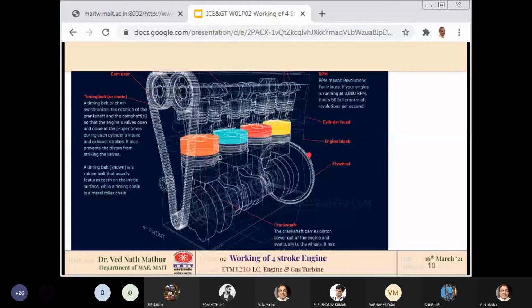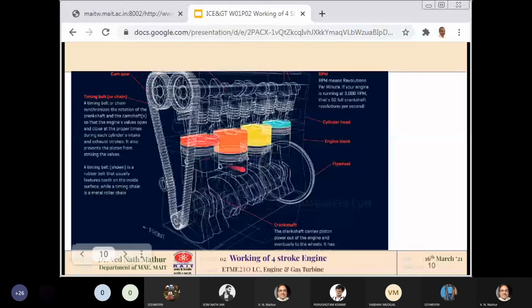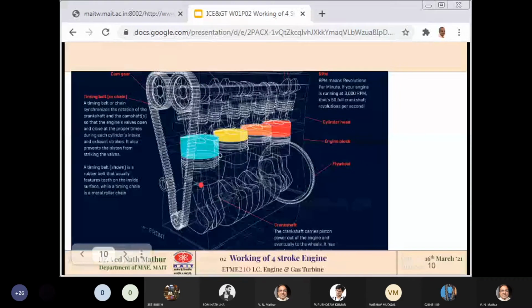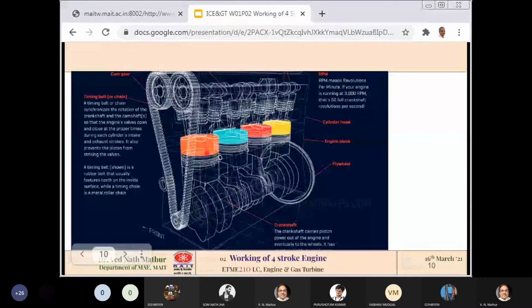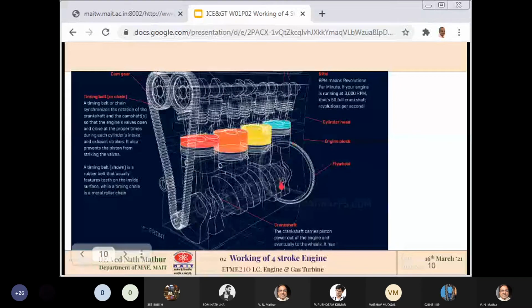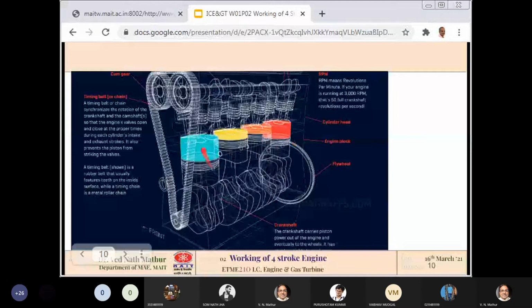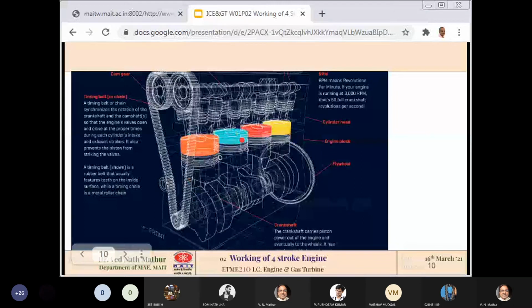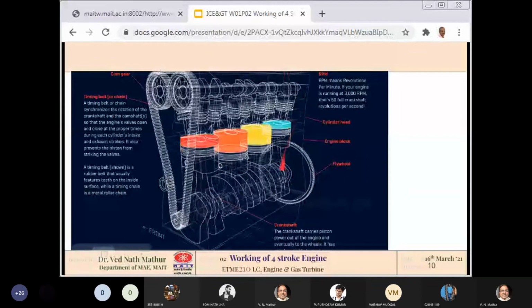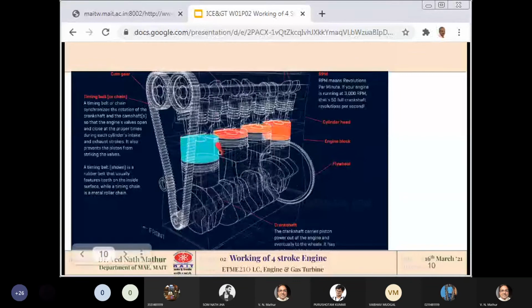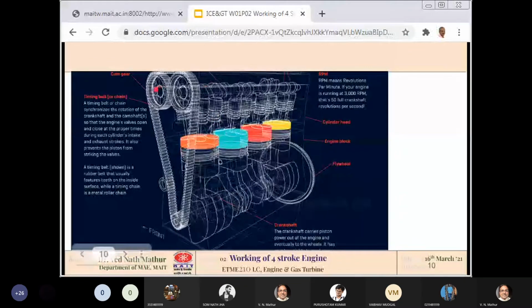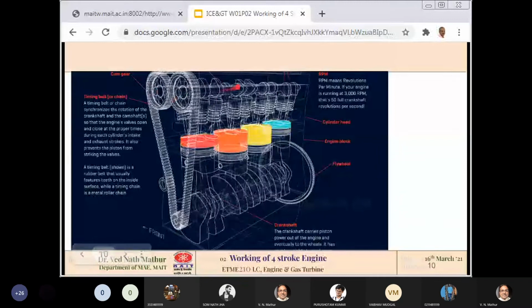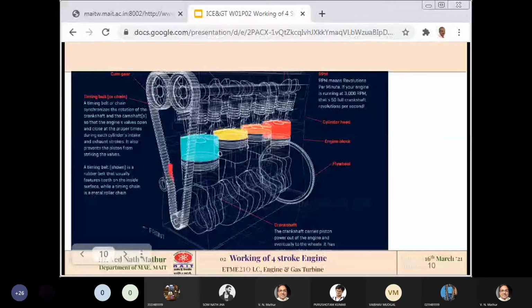An animation similar to this is on this channel. So this is a 4-cylinder engine. In each of these cylinders, one of the strokes is taking place. If one is having suction, another might be having ignition, the third one might be having compression, the fourth might be having power stroke. And at the top, you can see 2 shafts which are connected to the crankshaft via timing gear.